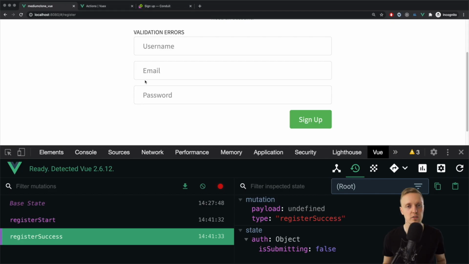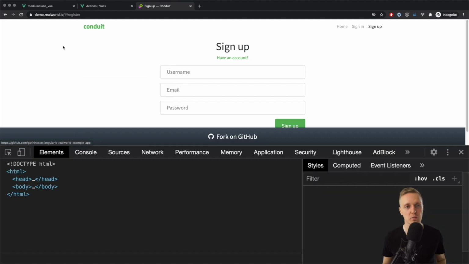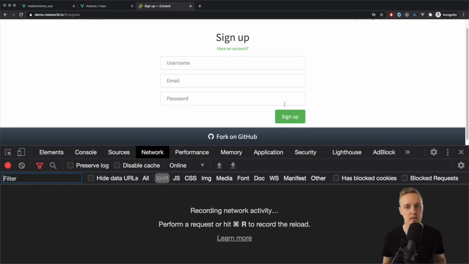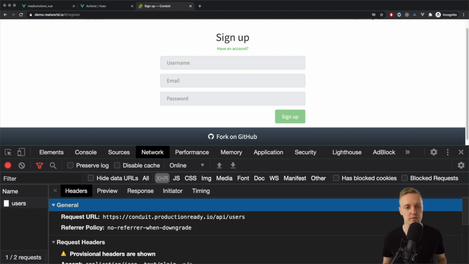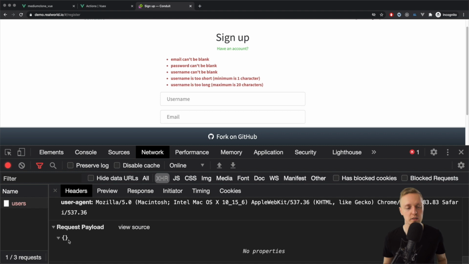And the first question is, what is this API? So to check the API request, you can always jump in demo real world IO, and here inside network, click what you want. For example, I want to know the API URL for sign up. This is why I'm clicking here sign up, and here we have users request. As you can see here, we get a request to conduit.productionready.io/api/users. And this is a post request, and here we need to pass a payload,